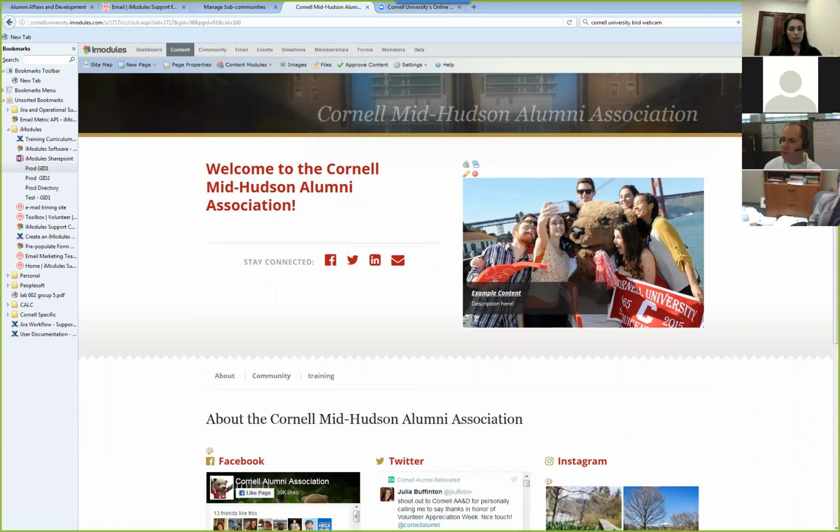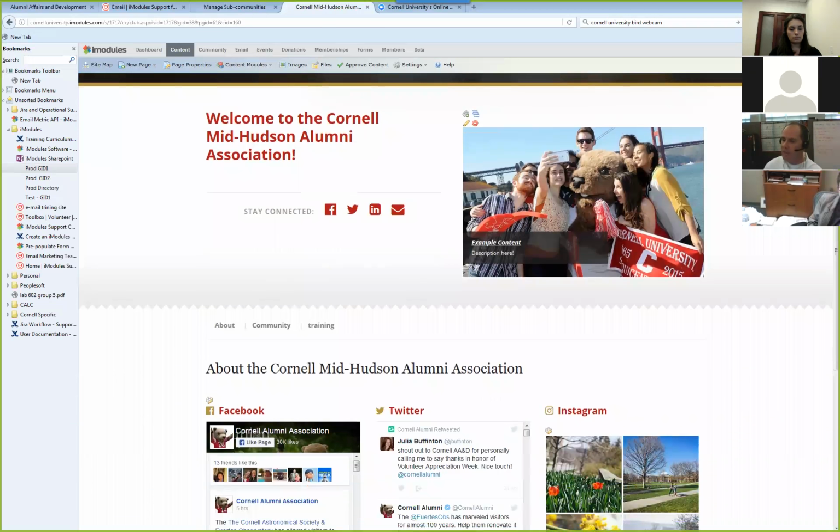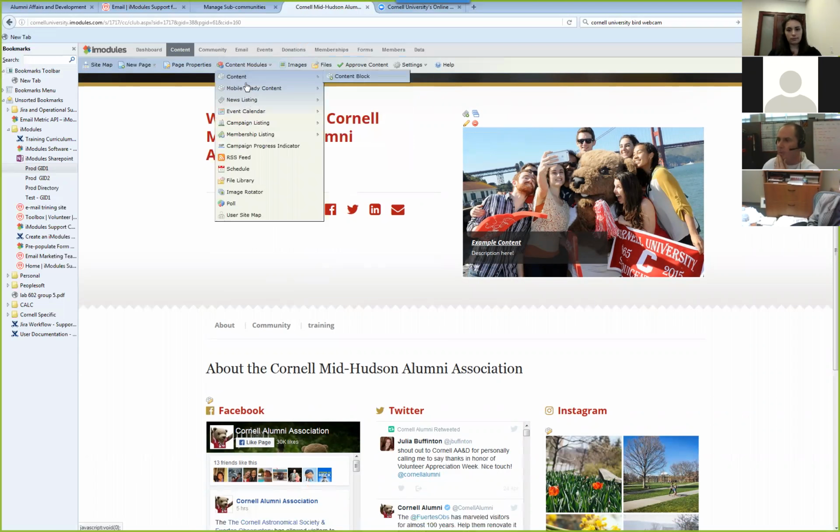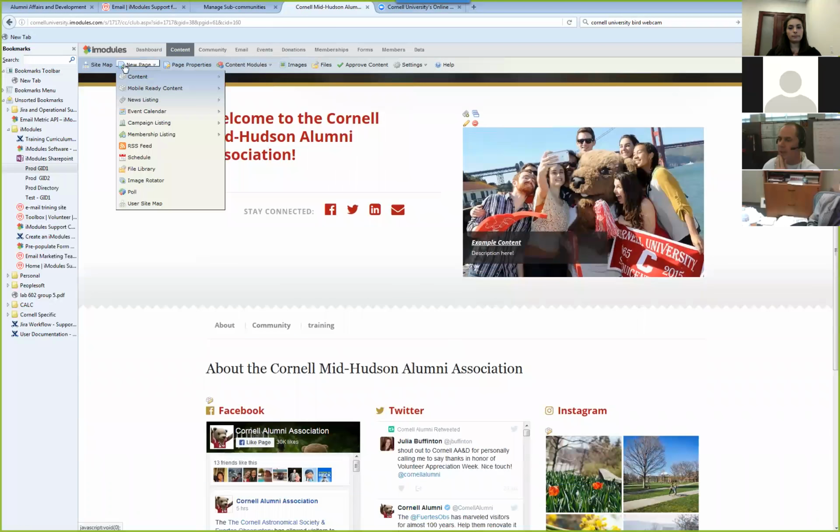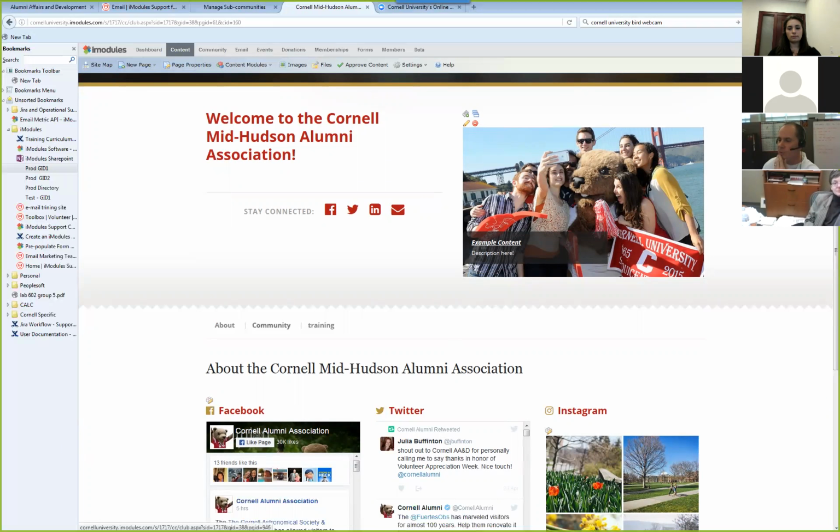So the first thing we can do is see this little icon, these little buttons here. These basically allow you to update everything from that button down. So we don't have a little icon up here, a little face. So what we want to do is add a little content block right in here where we can put some words. Right up here, you'll notice we've got a couple little things. We can add a new page, and think about it, each page is a tab. So we have page 1, page 2, page 3. These are new pages. But say I want to add in some content right here.